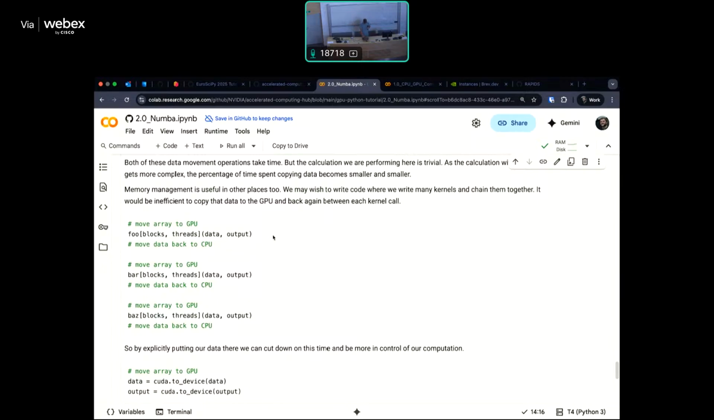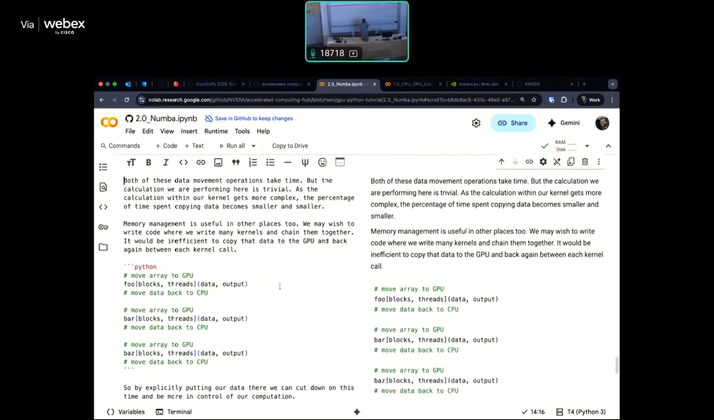And if you write this naively and let Numba do the memory management for you, you'll pay so much memory overhead, right? Because that